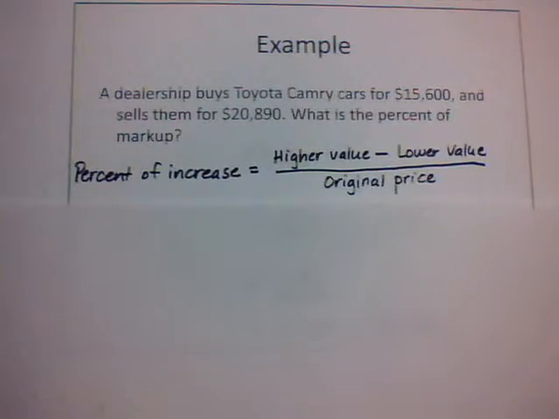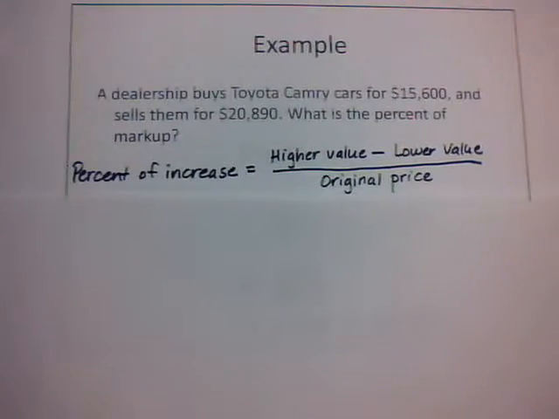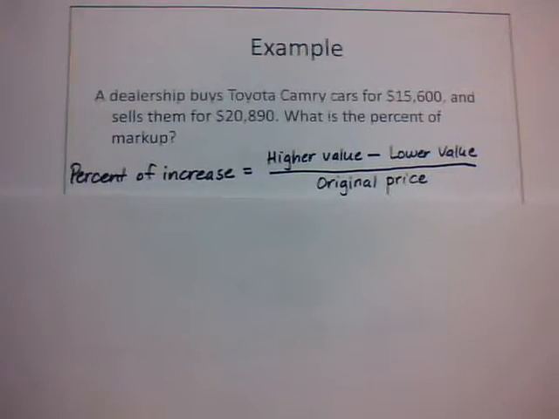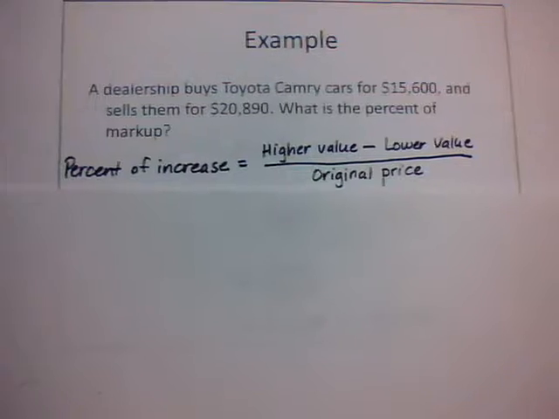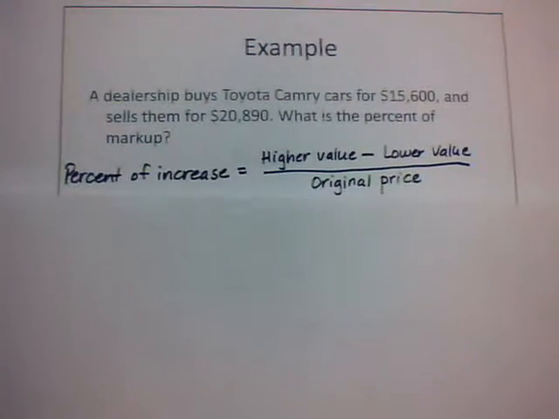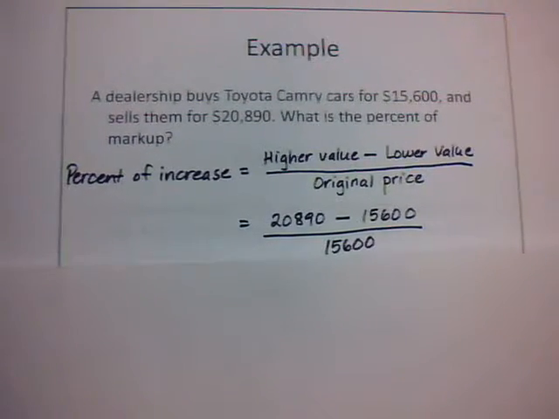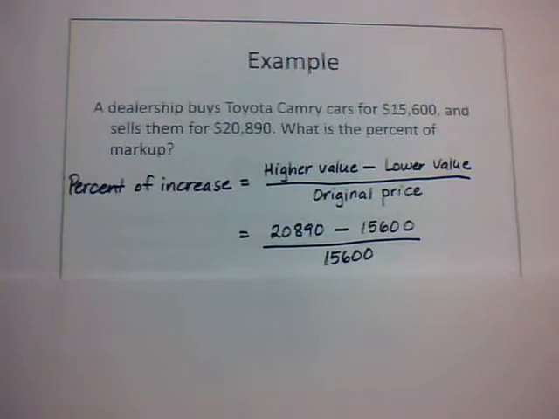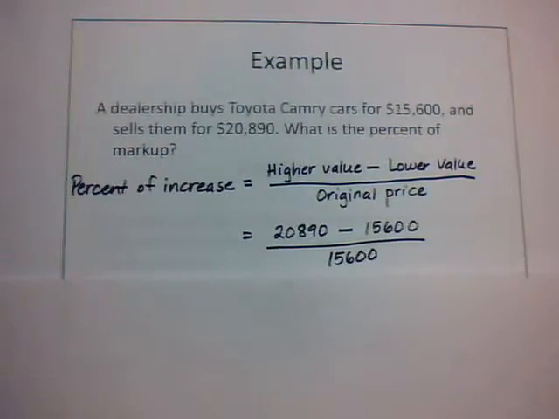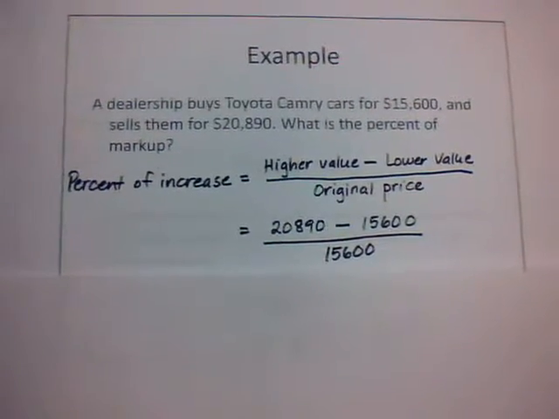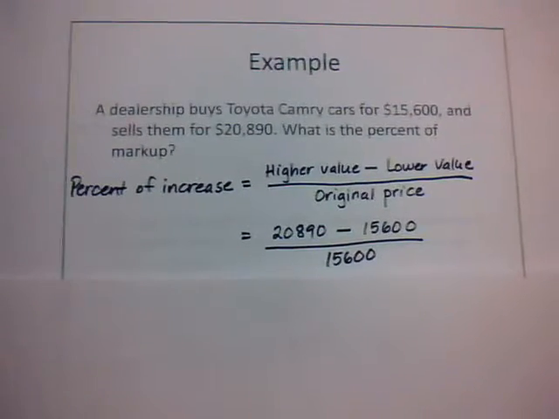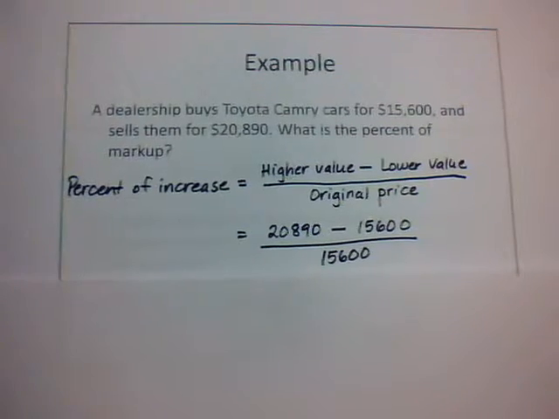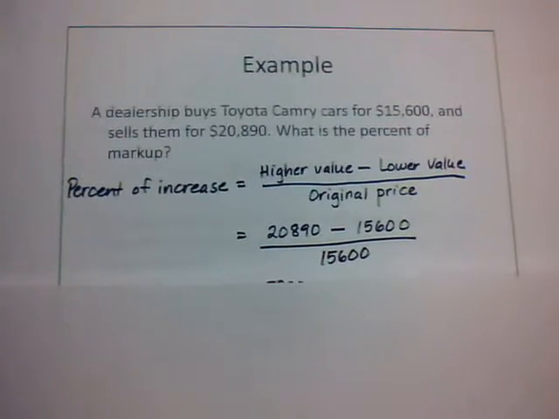So here we're looking at the percent of increase, which is going to be the higher value minus the lower value, and that's going to be divided by the original price. So here the higher value was $20,890. We're going to subtract from it the lower price of $15,600, and that's divided by the lower price, or the original price, of $15,600. When you subtract $15,600 from the $20,890, you'll get